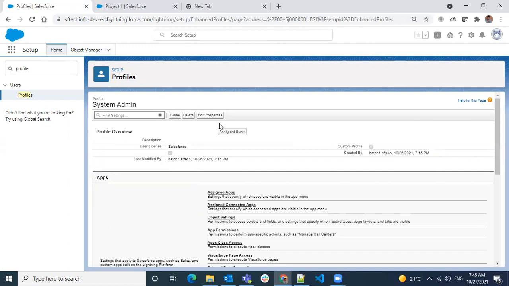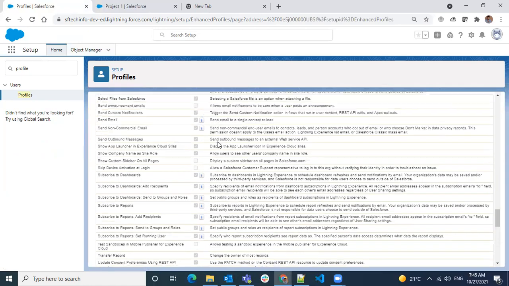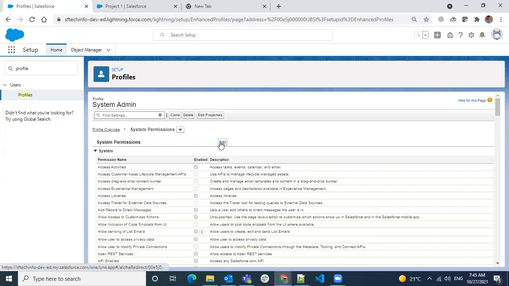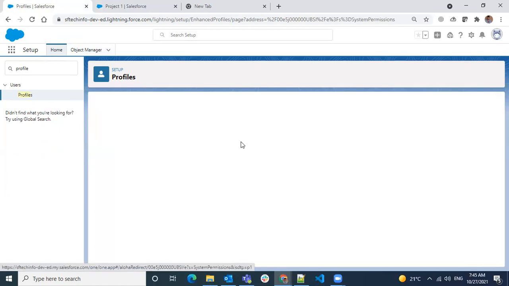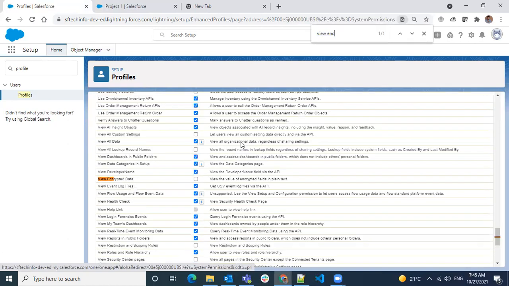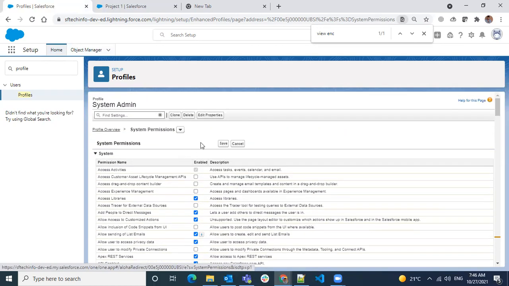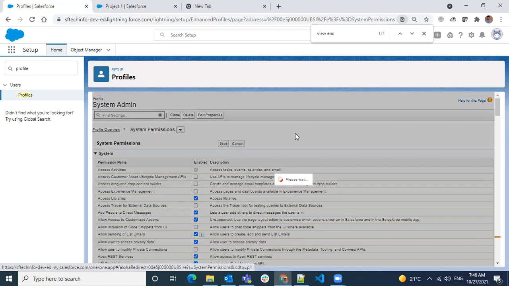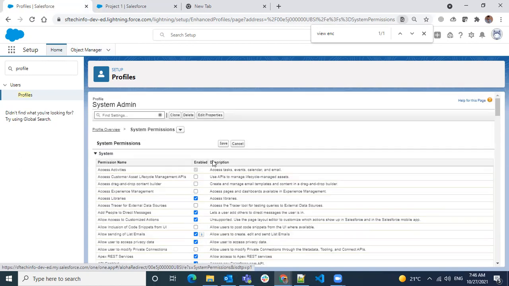View encrypted data. When you check this box, only those profiles can see the encrypted data. I'm saving this profile.